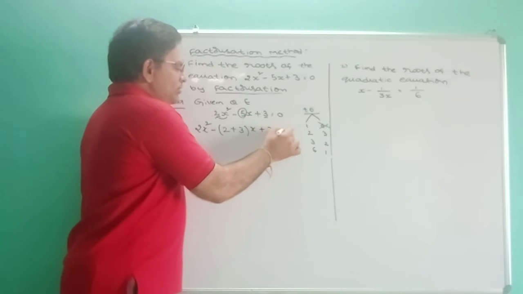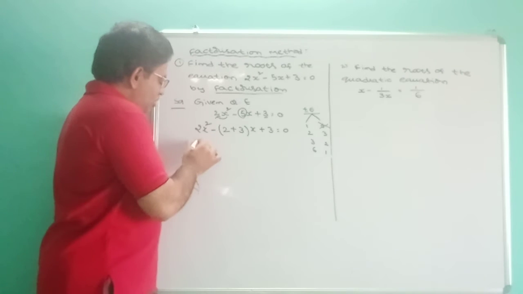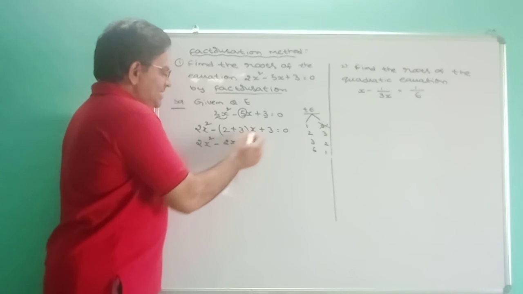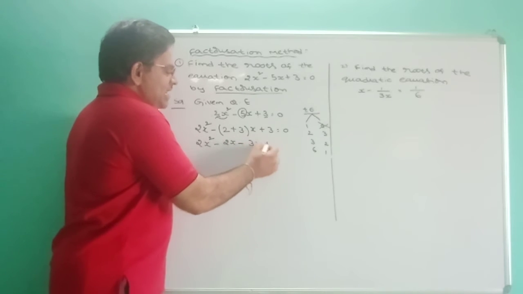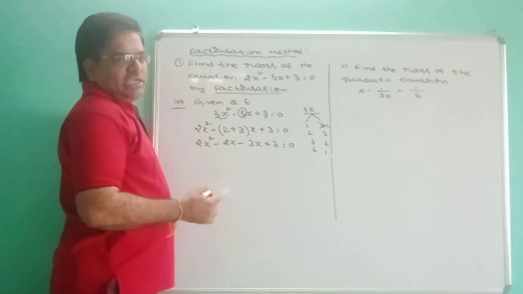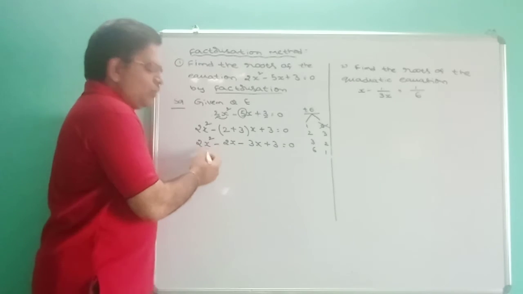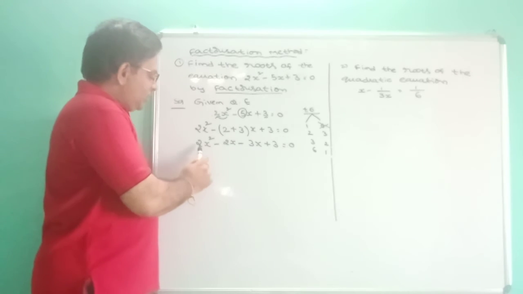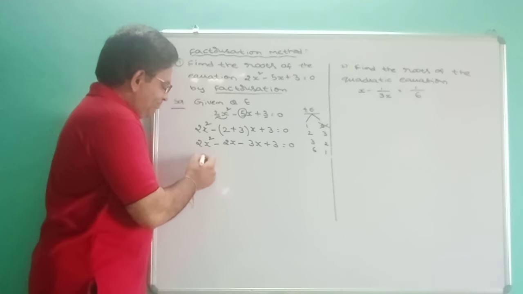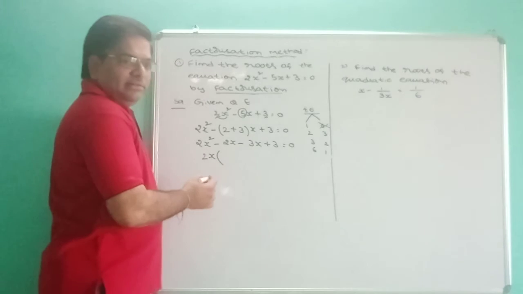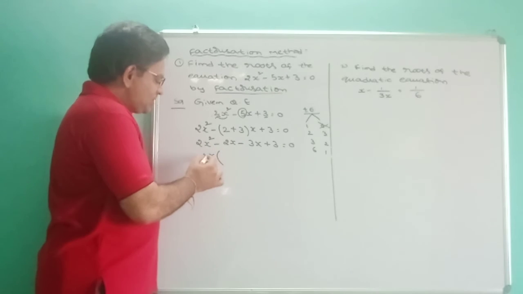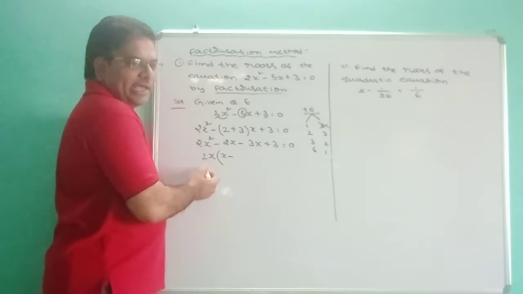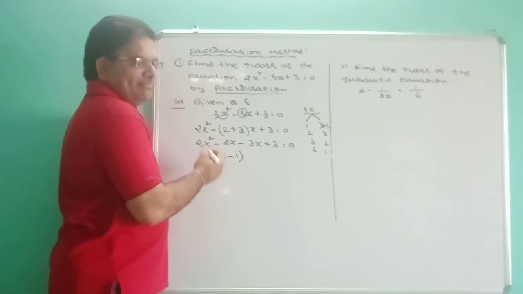Plus 3 equal to 0. Now 2x square multiply minus 2x minus 3x plus 3 equal to 0. Now in this 2, what will be the common? If you take 2x square minus 2x, 2x you take common. That means in the place of 2x square, 2x common. That means x minus 2x completely taken, that means only one time.